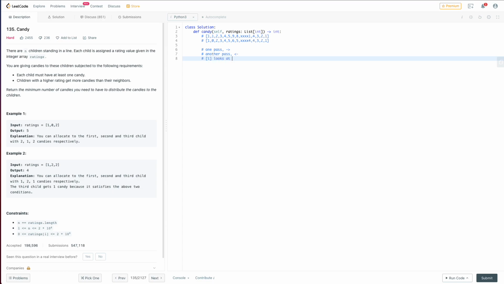I look at I minus 1 for this pass, the right sweep, for I in range 1 to the length of this ratings list. And if ratings of I is strictly greater than ratings of I minus 1, then candies equals 1 times the length of ratings, and then